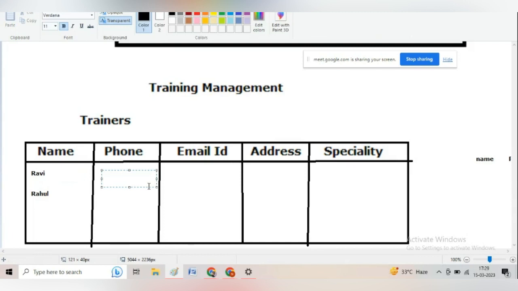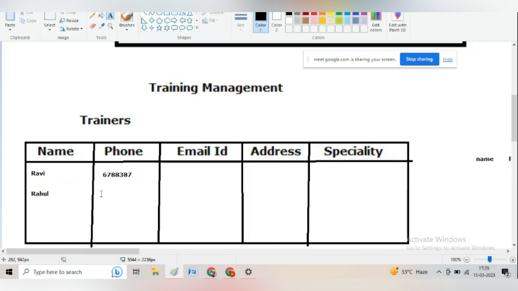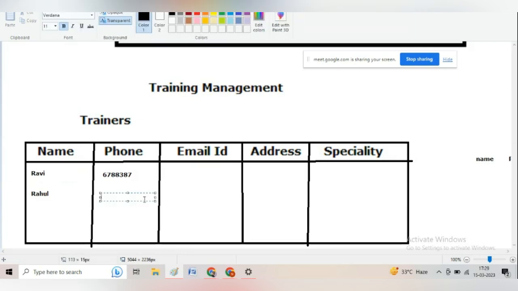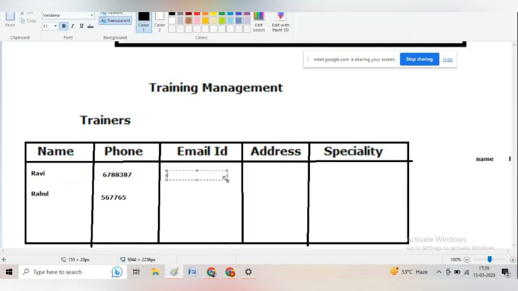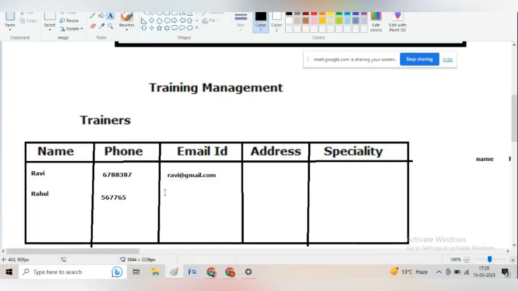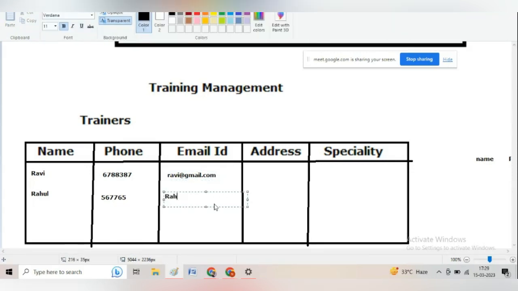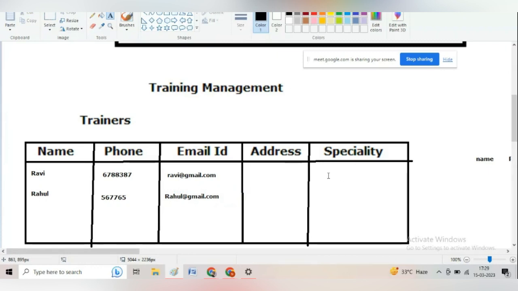Some random number as phone number, email ID, okay, address, any address, specialties like